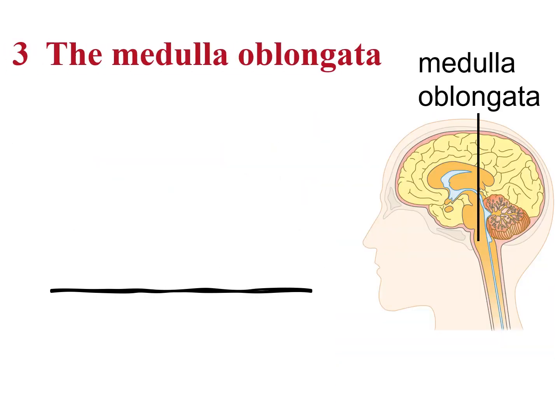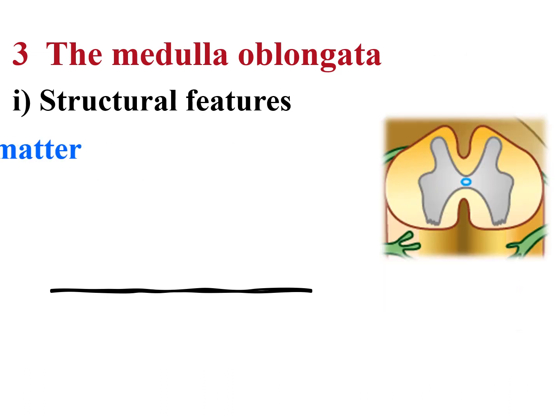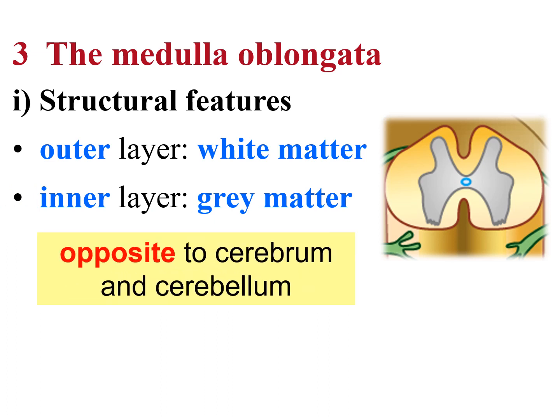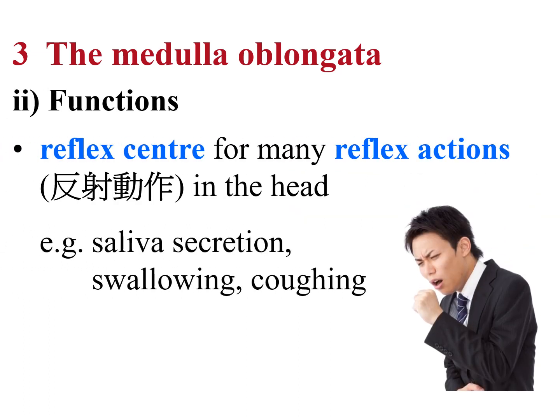The final structure in your brain is called the medulla oblongata. Your medulla oblongata continues with the spinal cord. They are connected. For the distribution of white matter and gray matter in the medulla oblongata, it is opposite to those in the cerebrum and cerebellum. In the outer layer, it has white matter, while for the inner layer, it has gray matter in the medulla oblongata. Your medulla oblongata helps to act as a reflex center for many reflex actions in the head